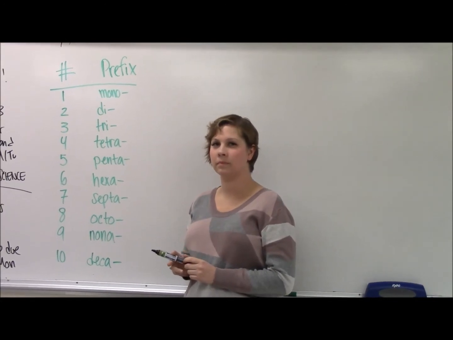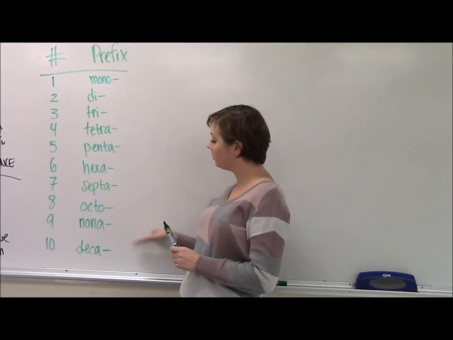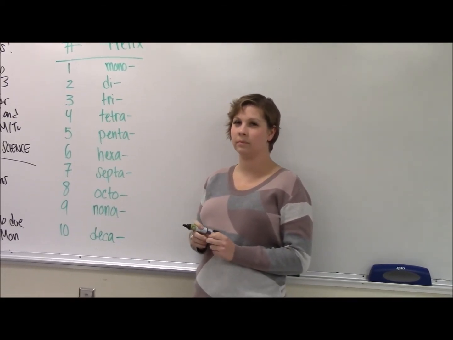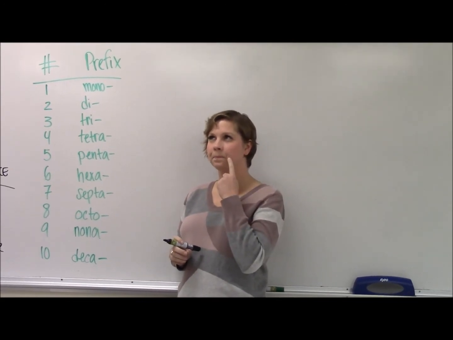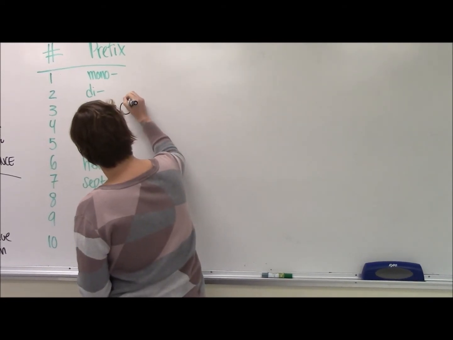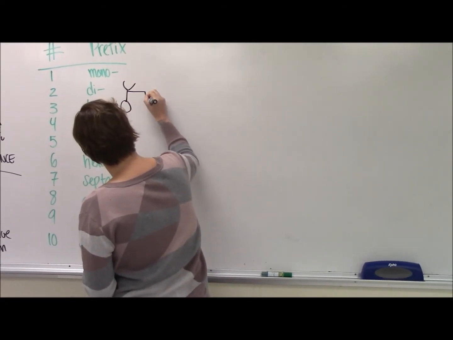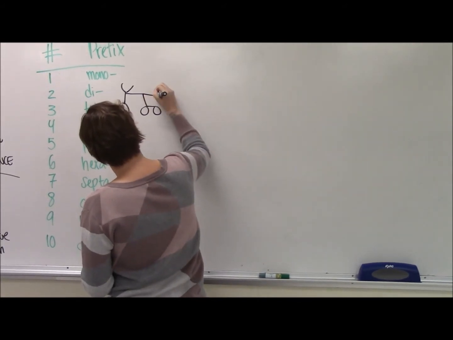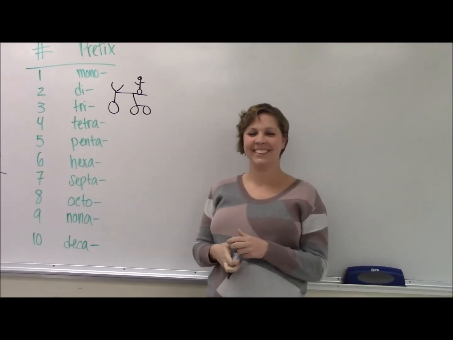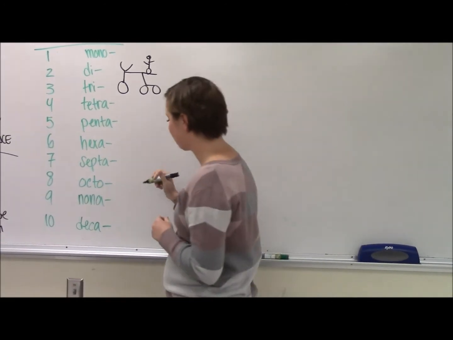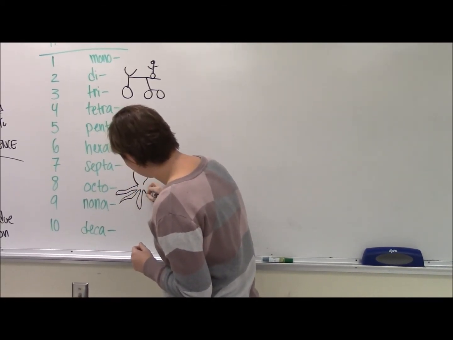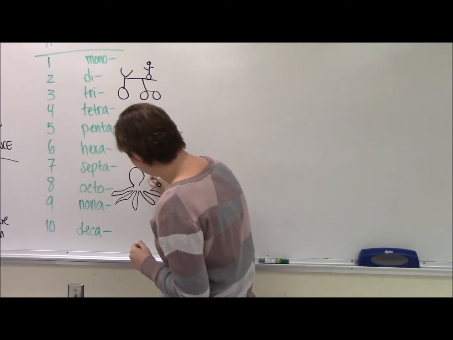There are 10 covalent prefixes which you will need to know. These will be used in the compound name to represent the number of atoms of a specific element. Can you think of everyday items that use these prefixes? Tri is used in tricycle because there are 3 wheels on a tricycle. Octopuses have 8 legs,